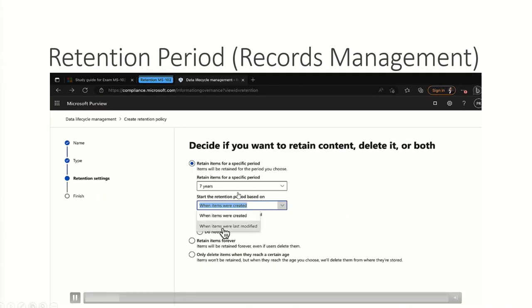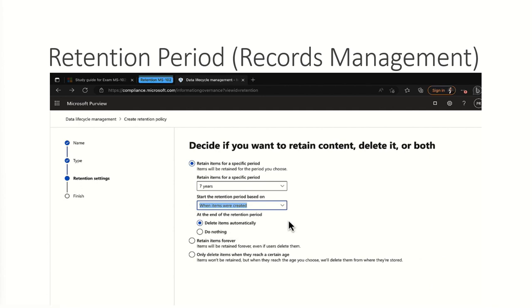Okay, so from here it is 7 years, and you can choose to start the retention period based on when items are created. Okay, or at the end of the retention period, do you wish to delete the items or just do nothing? Okay, some people would like to retain this forever, so they prefer to only delete items when they have reached a certain age. Okay,